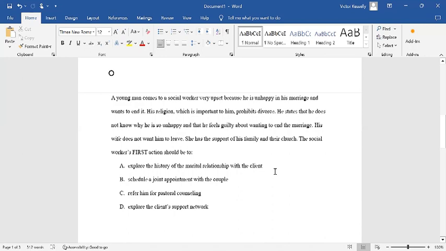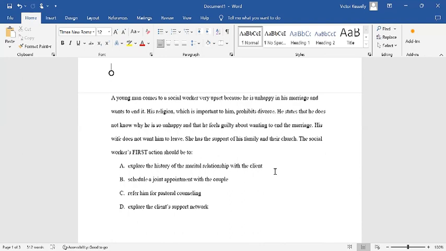All right. Last question. A young man comes. So for this last question, I'm going to use another method that I use, which deals with the stages of treatment, right? So you've got the engagement period, the stages of progress in treatment. You have the intervention period, the assessment, intervention, and then treatment, and then evaluation, and then exit. So I'm going to use that in this situation to answer this question.